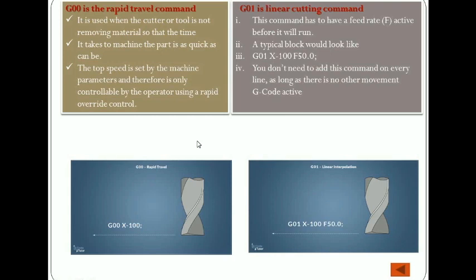When the cutting is to take place, I am going to use the command G01, that is linear interpolation. Along with this, we have to mention the feed rate at which the cutting takes place. We can write the dimensions using the X, Y, Z coordinates, and we need not mention the dimensions in each line. We only mention them when there is a change in the dimensions of X, Y or Z. Otherwise, the program will consider the points represented in the previous line itself.